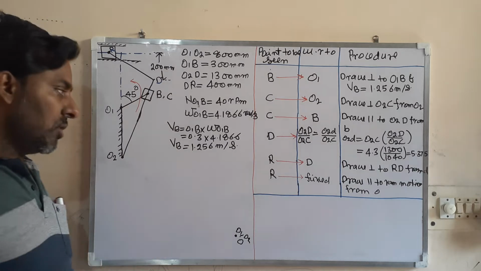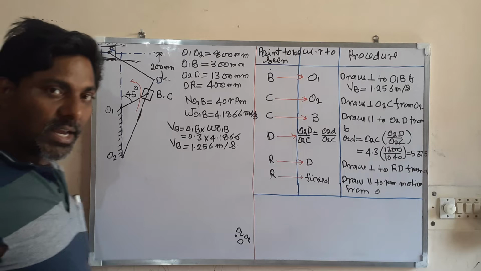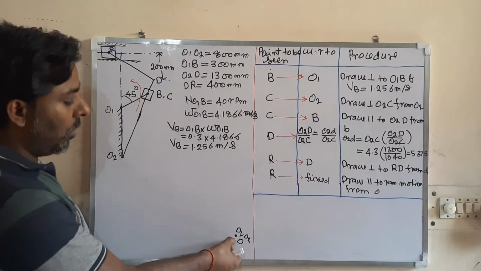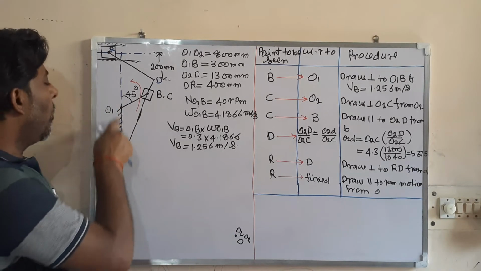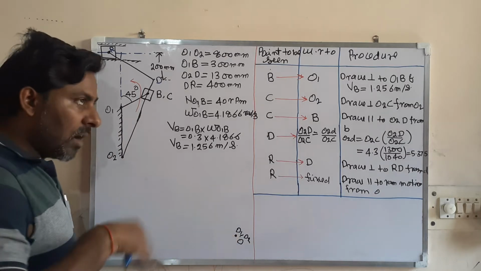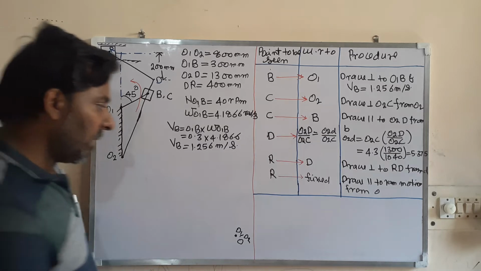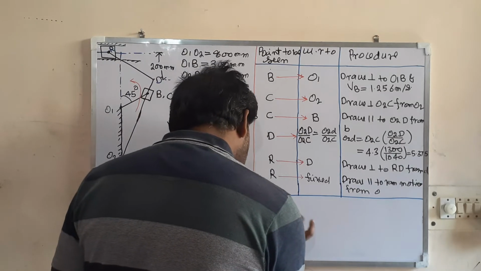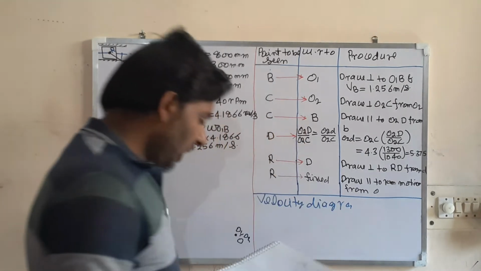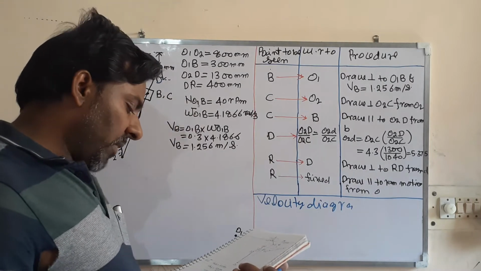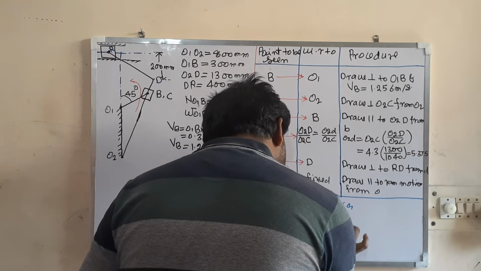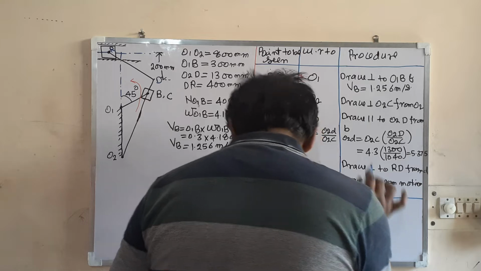Now I am going to draw the velocity diagram. You take a reference point which represents the fixed point. I have taken this O as the reference point. Both O1 and O2 are fixed, so both will be together at one place. They are the reference point, or the ground. For the velocity diagram, what scale am I going to take? The scale for the velocity diagram I am going to take is 0.25 meter per second equal to 1 centimeter.